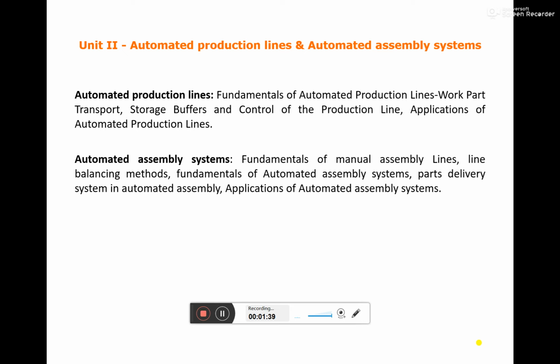One important concept in this second half is line balancing methods. Whether it is a production line, an automated assembly line, or a manufacturing assembly line, a production supervisor has to assign the work or workstations to the workers in such a way that